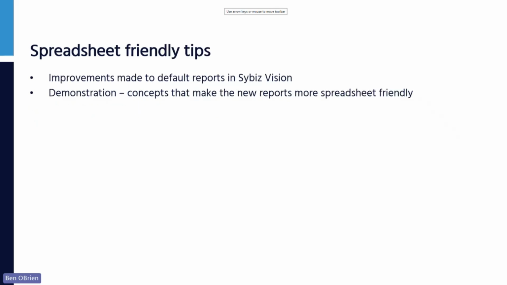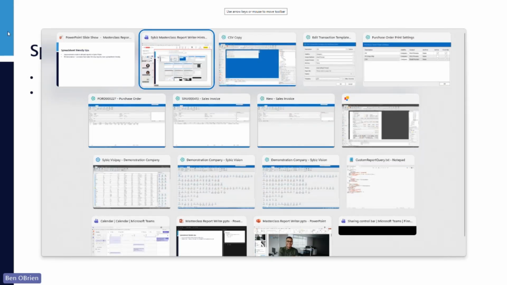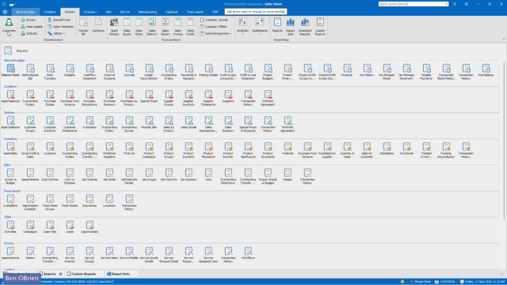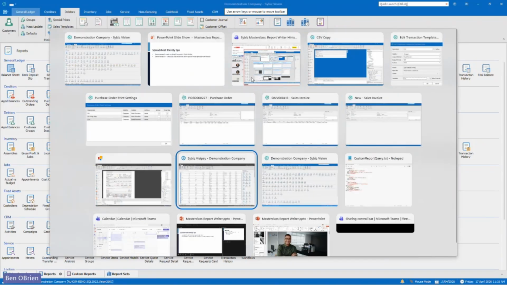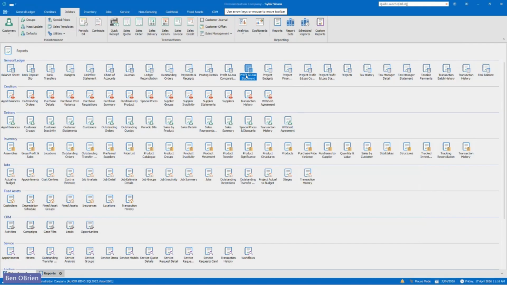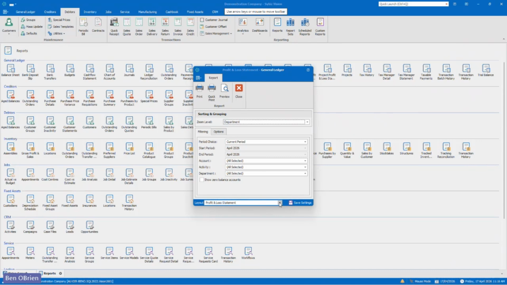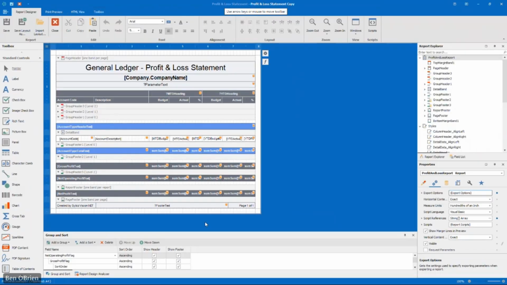Okay, and yeah, just a couple other little bits and pieces before we wind up is just some spreadsheet friendly tips. So we did talk about that earlier when we looked at the balance sheet, but we'll look at a profit and loss this time, I think. So we'll go to the profit and loss statement. Actually, wrong version of Vision because I've got two copies open. Okay, there we go. So here I've got a copy, and I'm just going to jump into the designer. And so if we go to print preview,